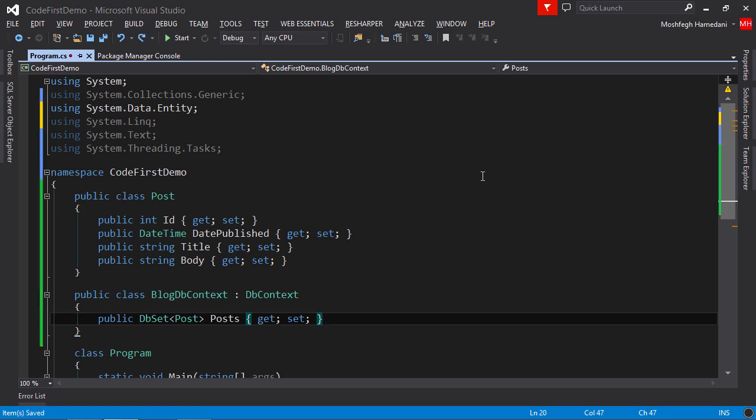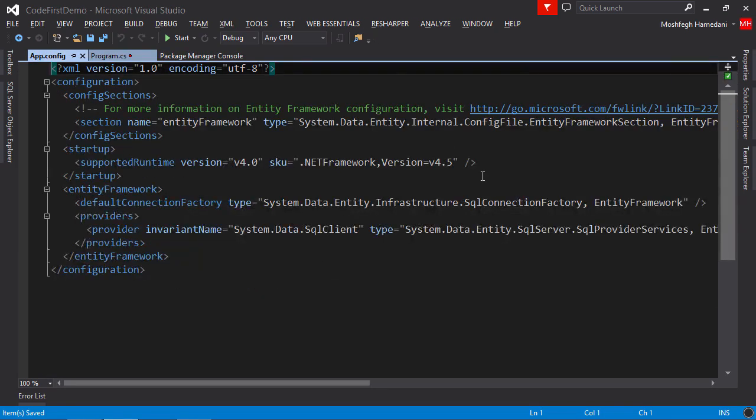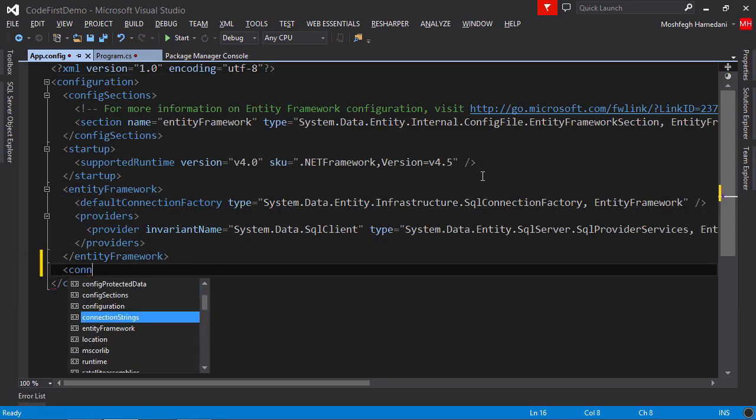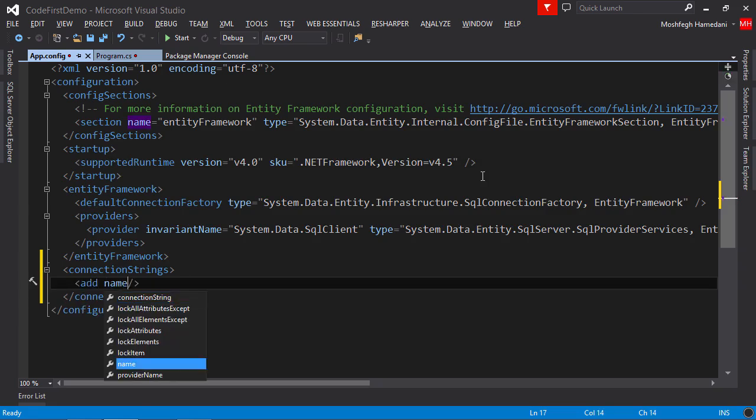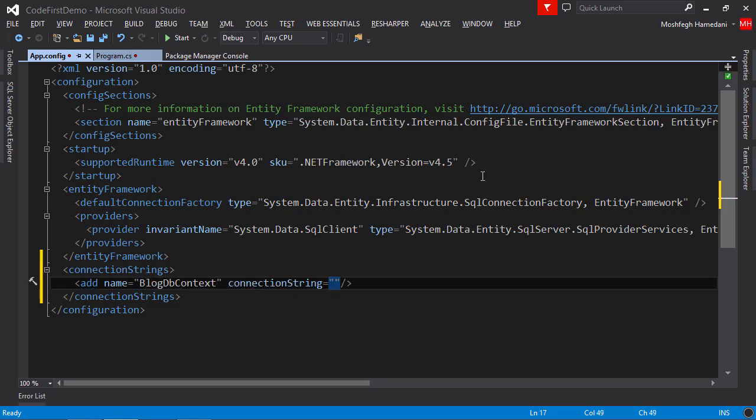Next, we need to specify the connection string to the database. So we go to app config. And here, I create the connection strings element and add a new connection string. I'm going to call this the same name as my DB context. So blog DB context. And the actual connection string is